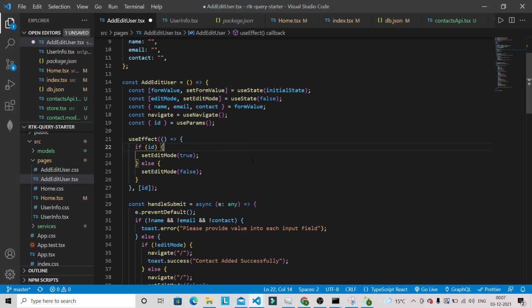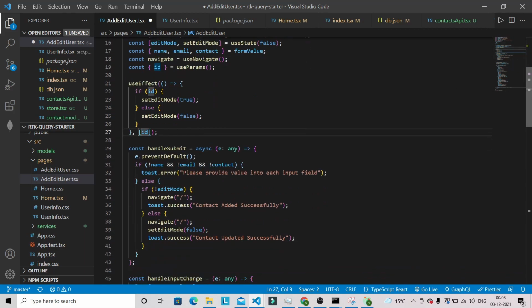Basically, if you have the ID in the URL, that means the user is updating the existing contact. So based on that I am deciding the edit mode. In that case our edit mode is set to true, otherwise it will be false.